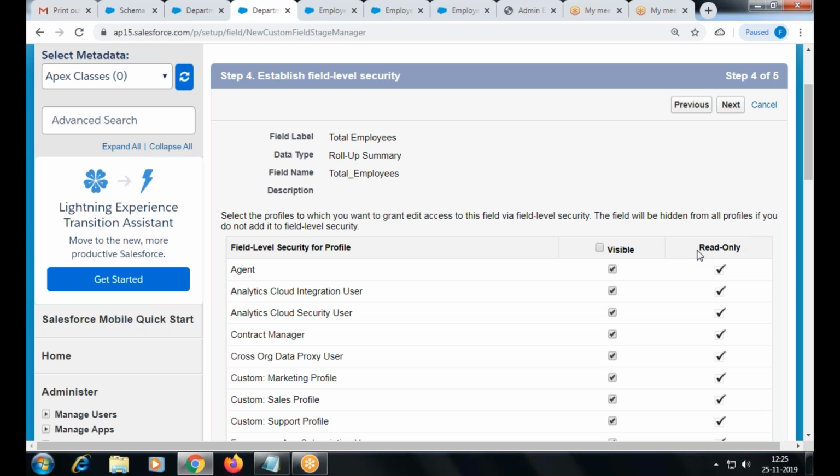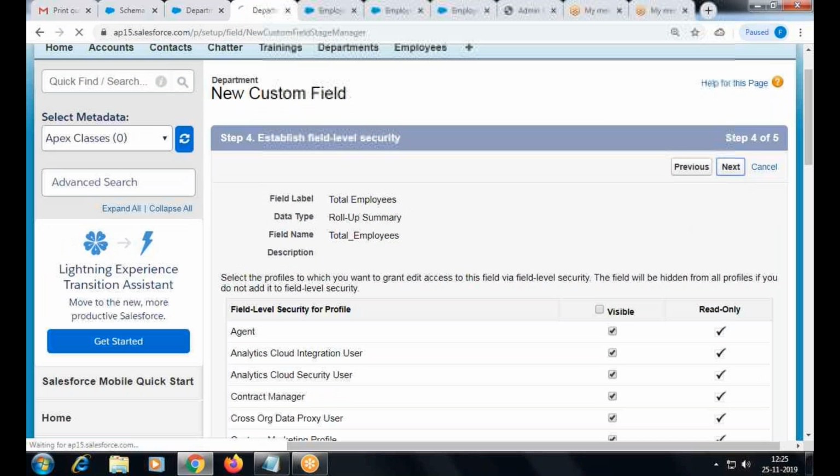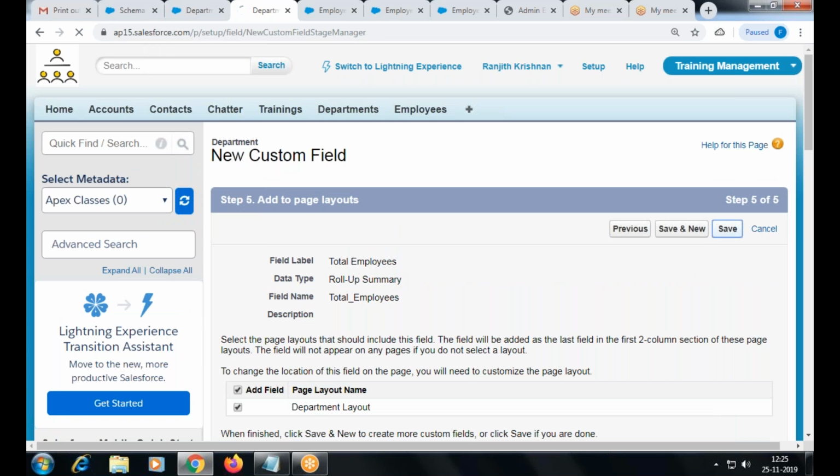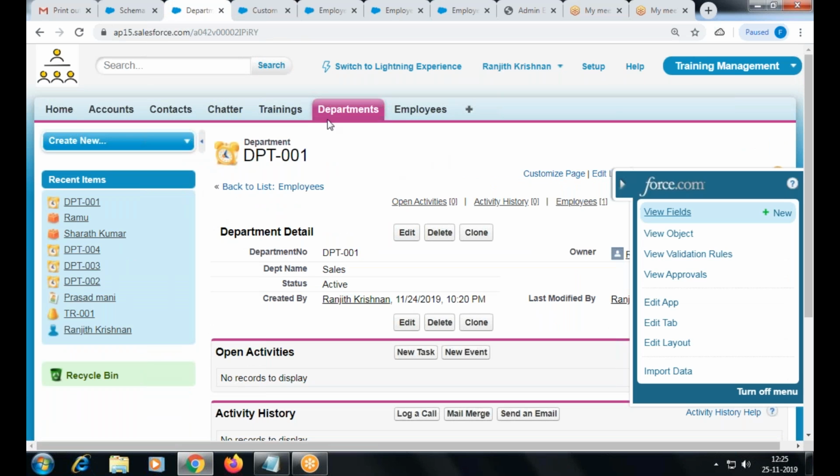So this is like a formula field. We cannot edit the field. It's going to be a read only field, but you can decide whether the field should be part of the layout or not. So let's verify this. Refresh.